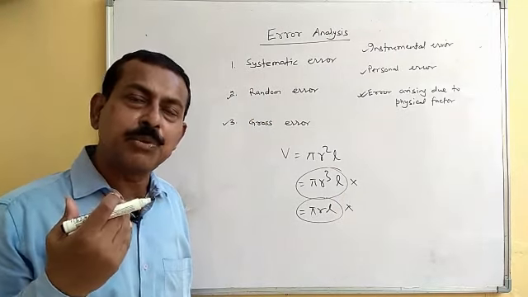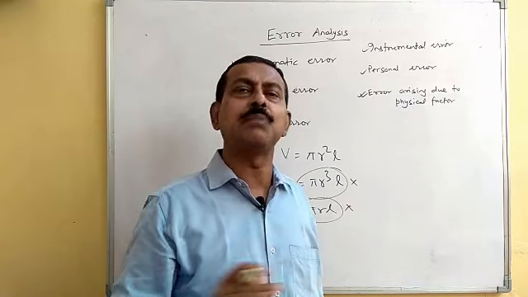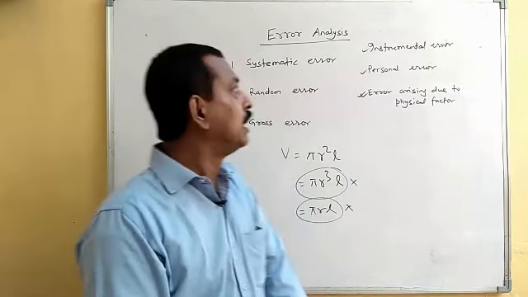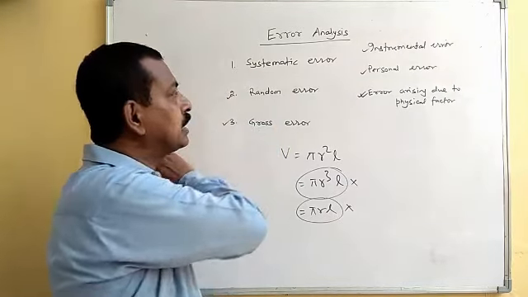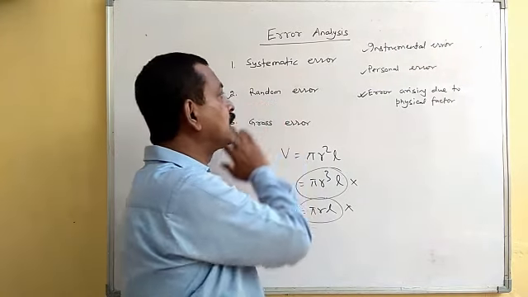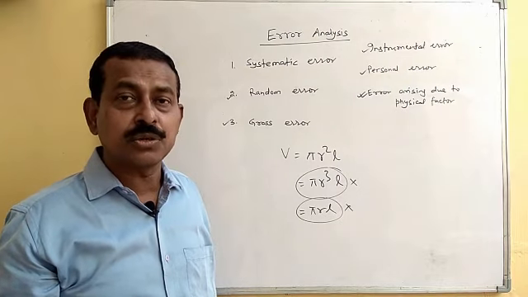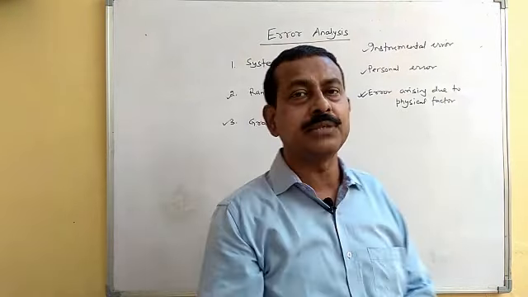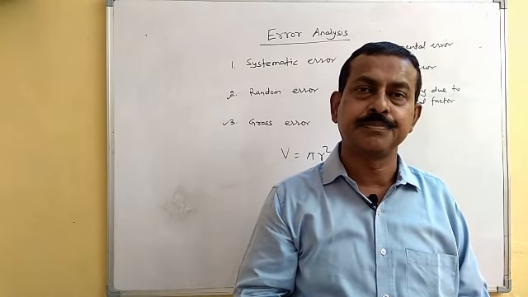So such type of errors will be the gross error, where the results will be absurd. Okay. So systematic error is one, we know the exact cause of which. Random errors are which we do not know the exact cause of. And the gross error, as we have discussed, is arising due to sheer negligence of the experimenter.